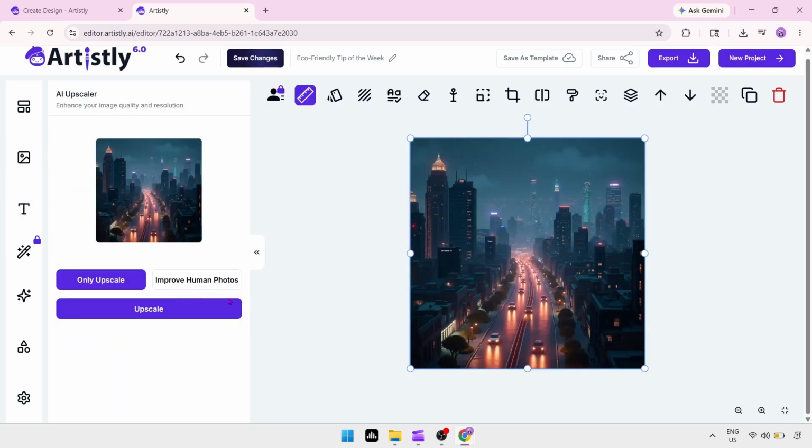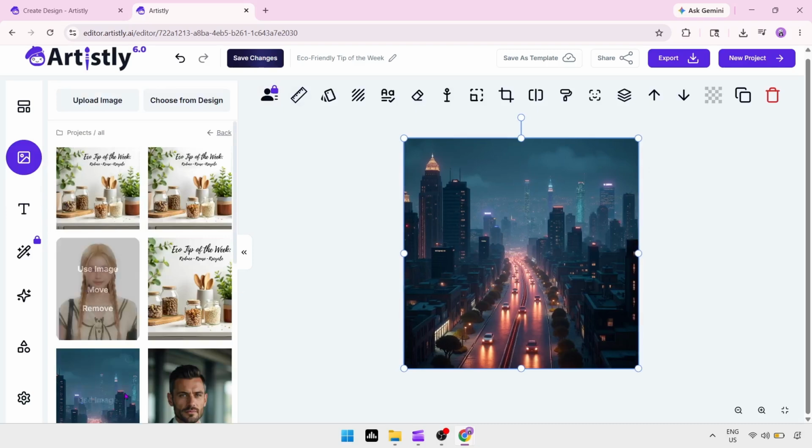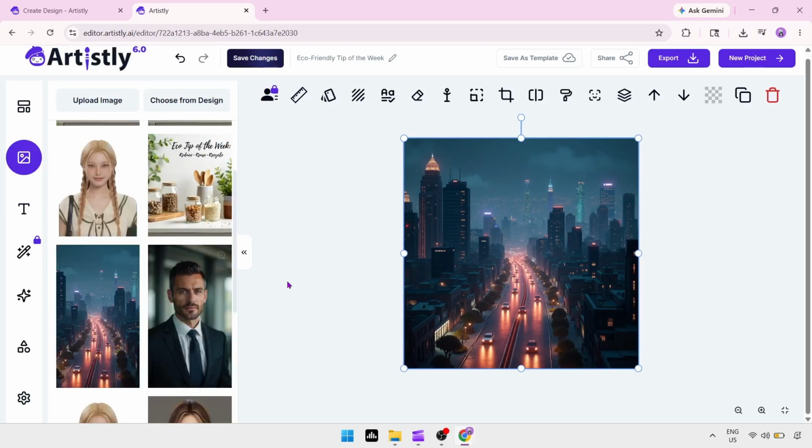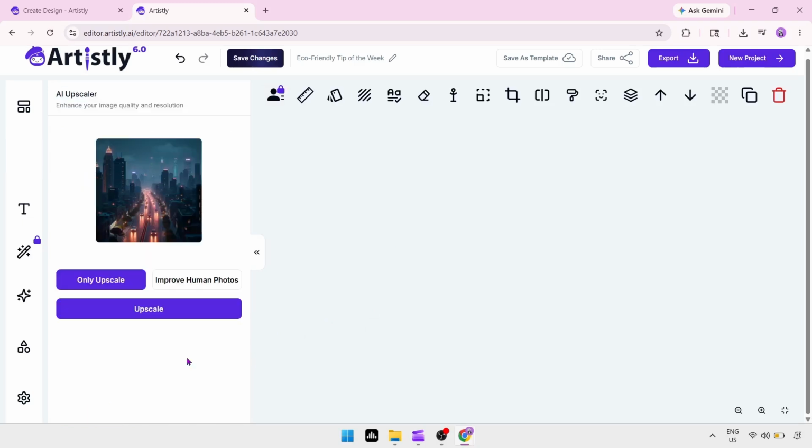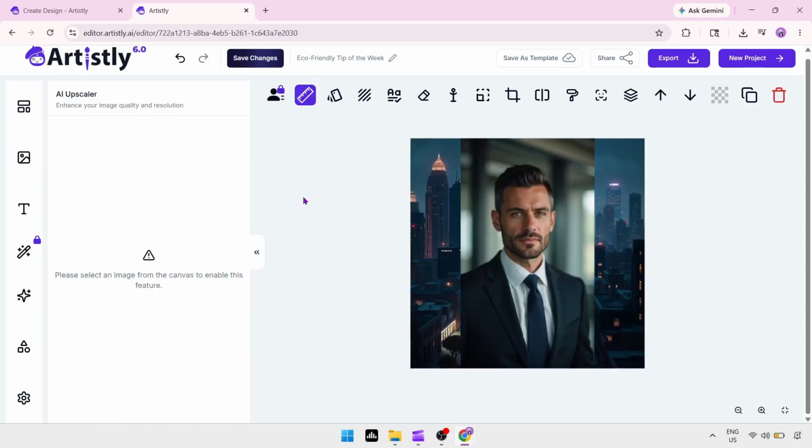To use an image in your design, simply drag and drop it from the media library directly onto your canvas. And that's it. That's how you use the import manager, also known as the media library, for bulk image uploads